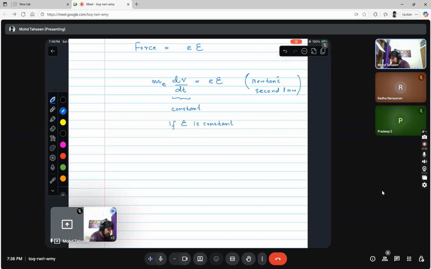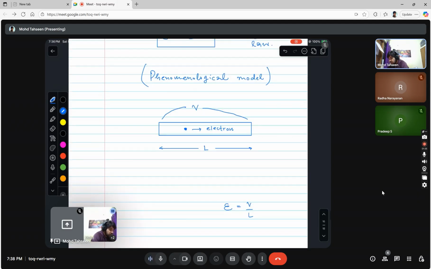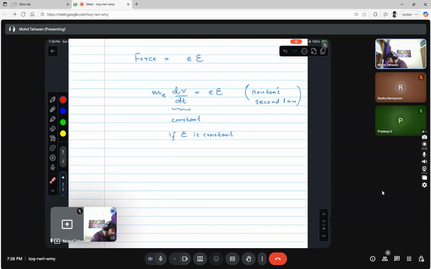That's not what we experience in our daily observations. So something has to limit this process. The electron cannot accelerate infinitely, so there must be some kind of a resistive term. Which is true, because the electron does not move freely inside this conductor. When it moves, it collides with other electrons as well as with the ions present inside the conductor. So to account for that resistance, we introduce a term